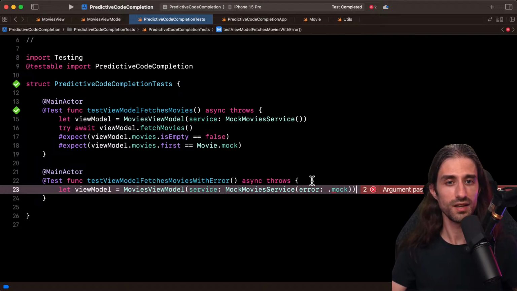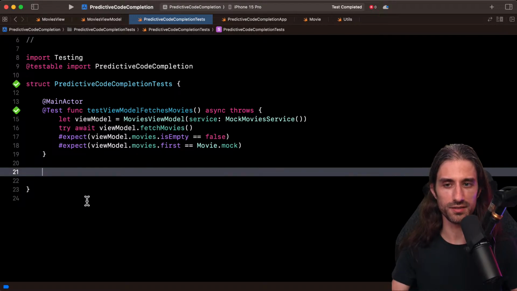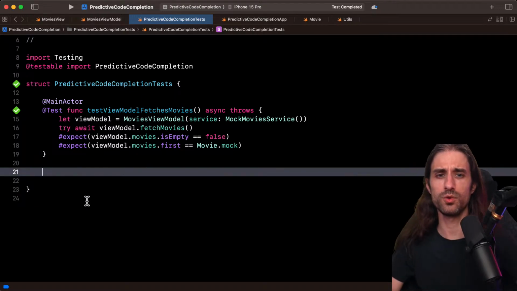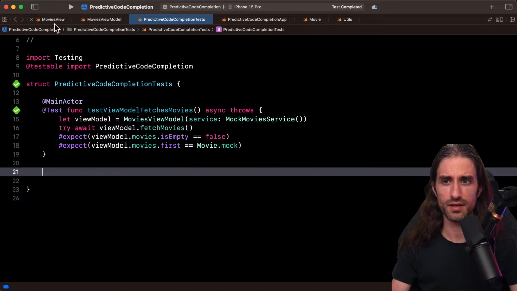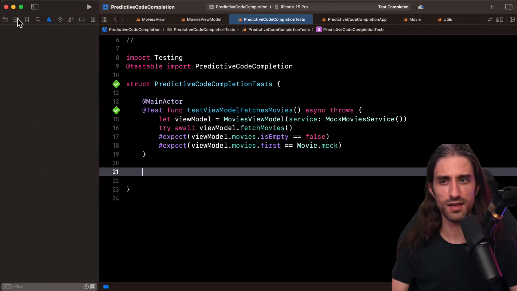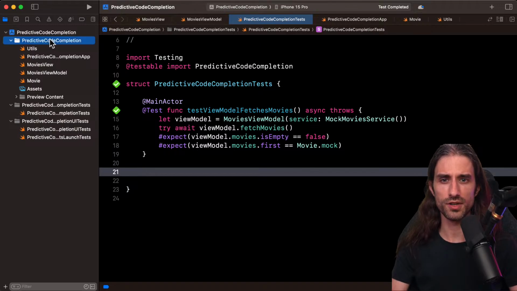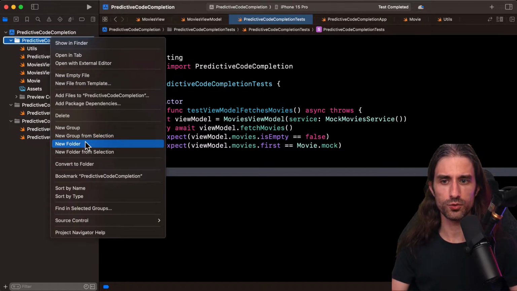The only thing is that I don't support injecting an error for now. But A for effort, because at least it got the syntax right. I want to do a few more tests. I want to test a few more things around test, but for that, I'm going to write some code that's a bit simpler, just so that we can write tests around it.